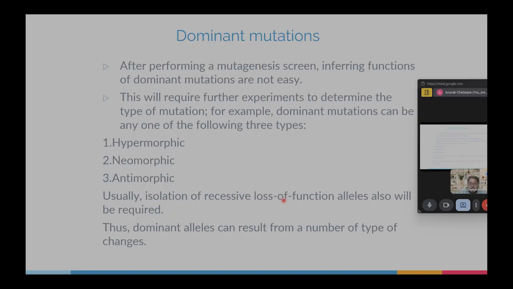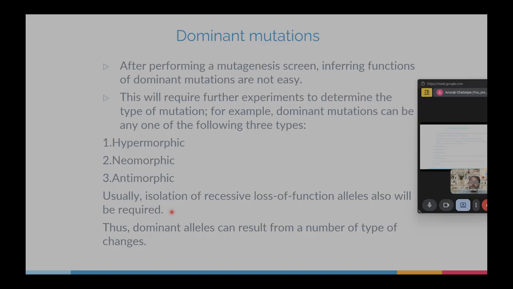So usually isolation of recessive loss of function alleles is also required. Even though you have isolated that particular dominant allele, you have to make a loss of function allele for that particular gene to actually figure out what exactly it does. And this is the example for